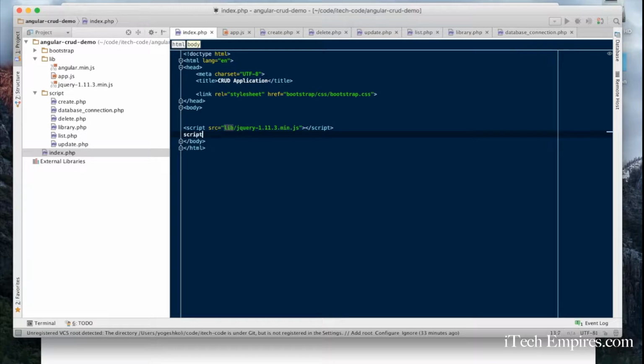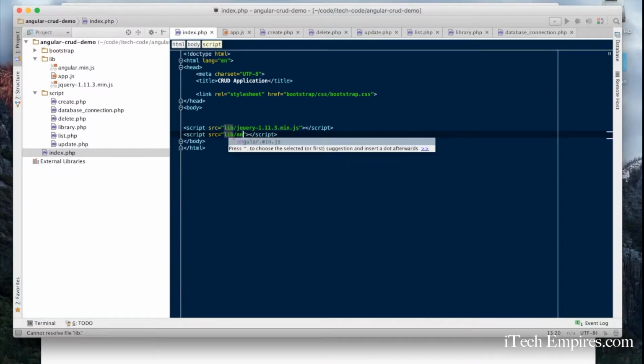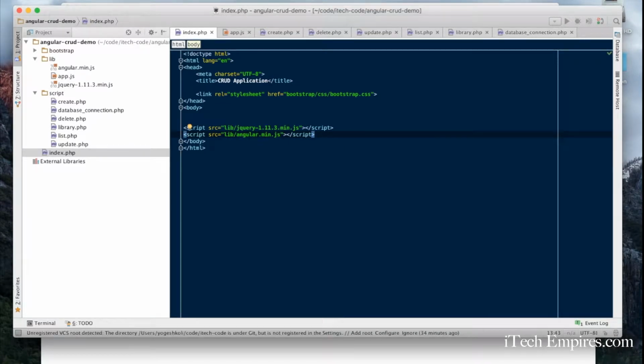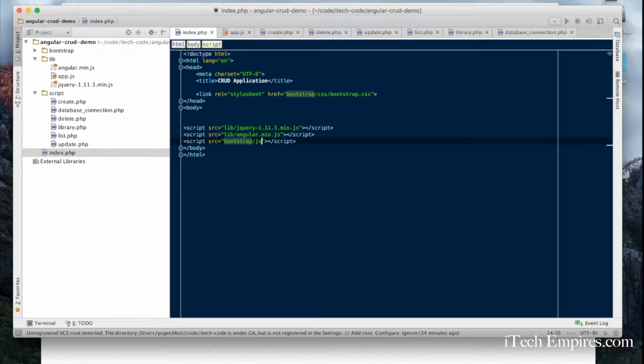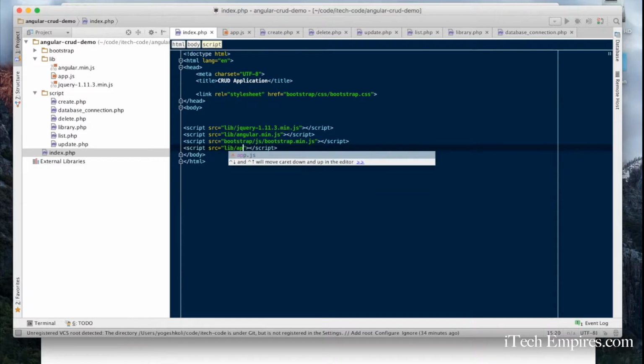Go ahead and repeat that again for Angular. Lib folder should be there, angular.main.js, and then from bootstrap we are going to call bootstrap main.js, and then from lib again we are going to call out